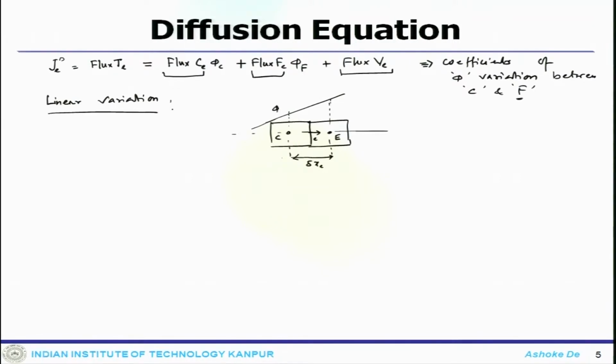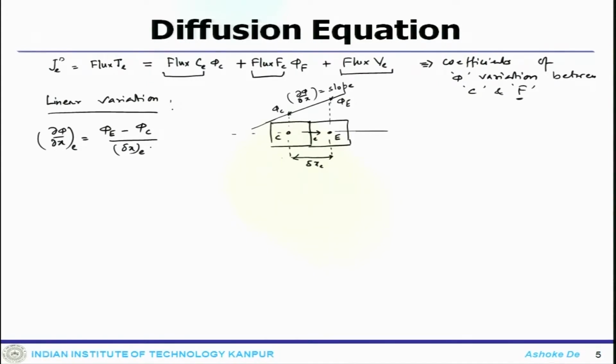So, this would be phi C and this would be phi E, and the slope is del phi by del x. So, this is the slope of that linear variation. So, the profile would be the interpolation slope of these two. So, what I can write is del phi by del x E, with the linear variation, phi E minus phi C divided by del x E.